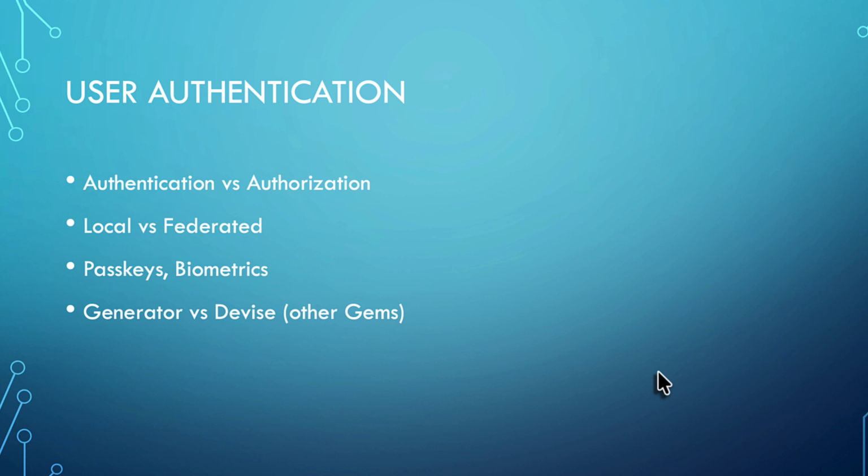Now, authorization, on the other hand, is once you know who the user is, does this user have permission to perform this action? Like, can this user delete this task in my database, or can they edit this task? When you're asking those questions, that's authorization. When you're asking who is this user, that's authentication. And we'll mostly be talking about authentication in this video,